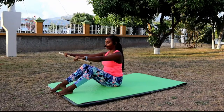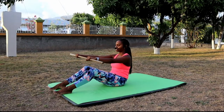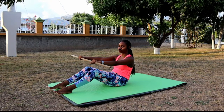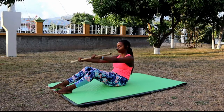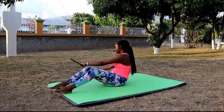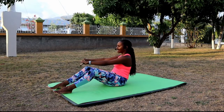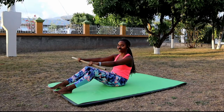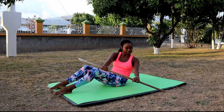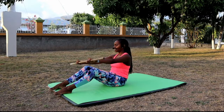So we're extending our arms in front, sitting with our knees bent. You're going to come into your C-curve spine, holding the C-curve. You're going to imagine that you're rowing a boat. So you're going to twist at the waist, bringing your stick towards the right side of the body, slanting your stick kind of downwards towards the mat, and then come to center. And do the same thing on the left side. And twisting, bringing the stick down towards the left side on a slant towards the mat and center,